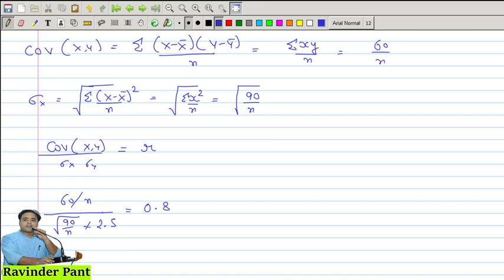I hope that you can calculate the value of n from this LHS by applying your algebraic practice. So again, R is given as 0.8, you will calculate the value of n and let me know. I have made it an algebraic expression for you. You just need to calculate the value of n and let me know.